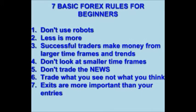Hope this has helped you. So this is the 7 basic Forex rules for beginners, and there are other rules as well, but these will really get you headed in the